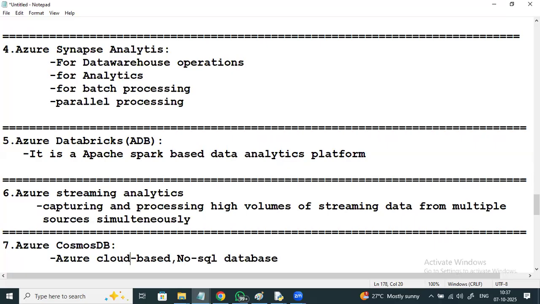NoSQL means not only SQL, with schemaless behavior and random access. In SQL, from the first record to the last record, the same number of columns or fields must be maintained. But in NoSQL, a different number of fields can be maintained from record to record: first record with 5 fields, second with 7 fields, third with 10 fields. So here it is schemaless behavior.